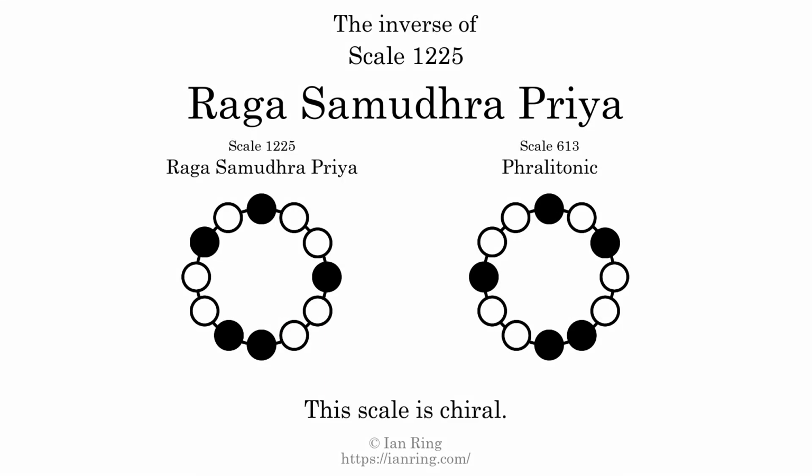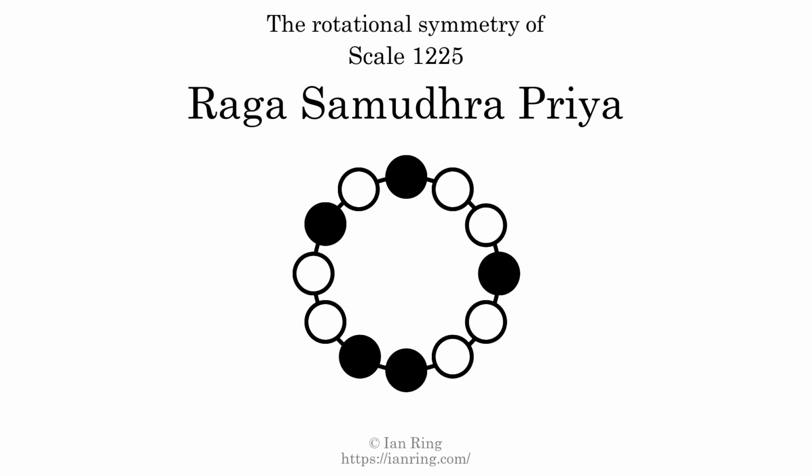The inverse of a scale is a mirror image. It is what you get when the sequence of intervals is reversed. The inverse of this scale is scale 613, also known as phralatonic. This scale is chiral. It cannot transform into its inverse by rotational transformation. This scale has no rotational symmetry. For even more detail about this scale, visit